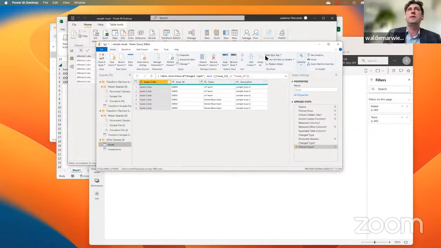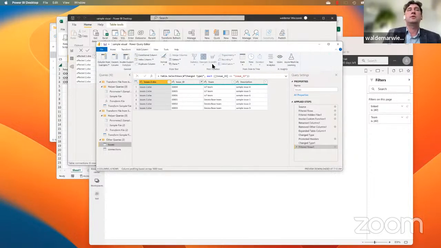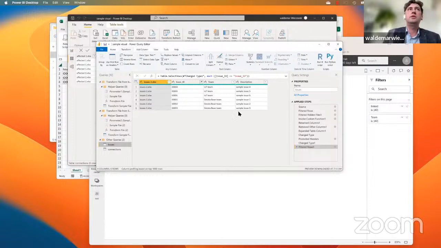You don't need to be a programmer, because you can keep rows, remove rows, choose columns, remove columns. You can transform data. You can add a column, you can calculate a column. You can even run a Python script or R script if you want to manipulate this data in a more sophisticated way.